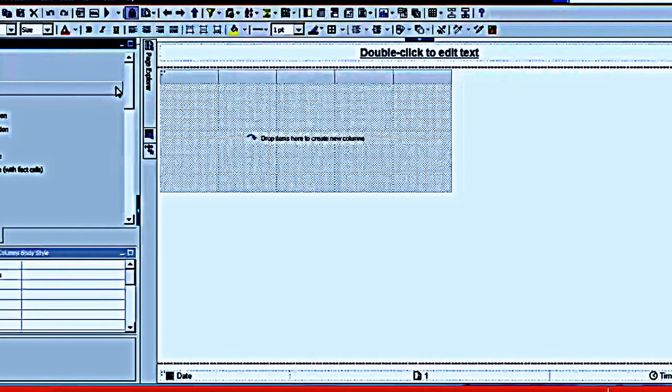Let me start with discussing the toolbox items. Basically, you will start with insertable objects from this text item. What is meant by text item? Whenever you create a report in Report Studio, this is called the Report Studio layout. We'll call it a template.